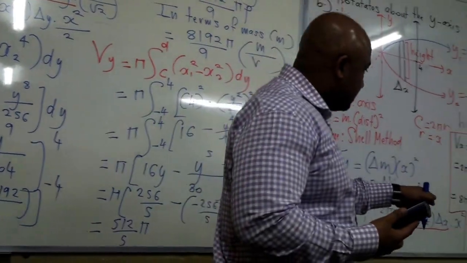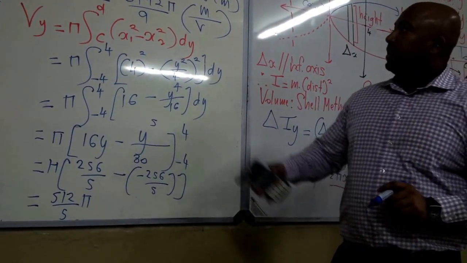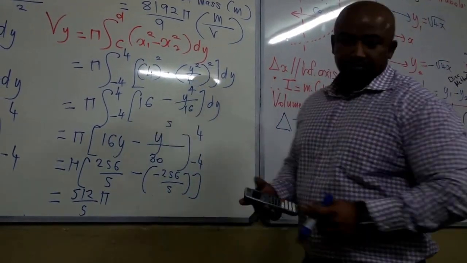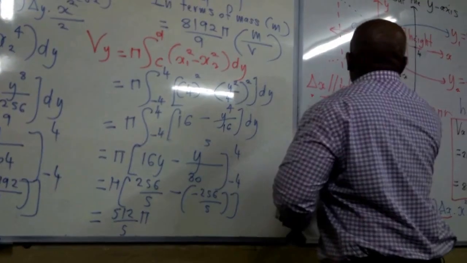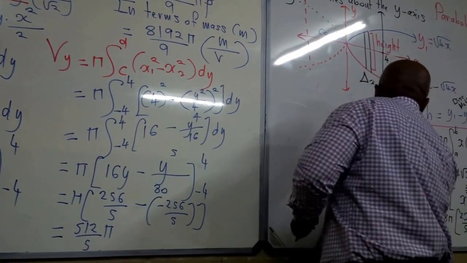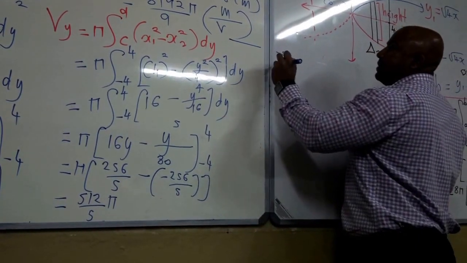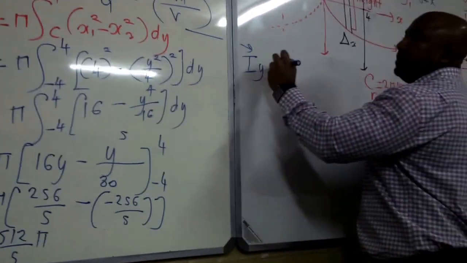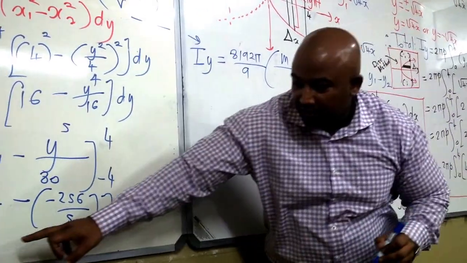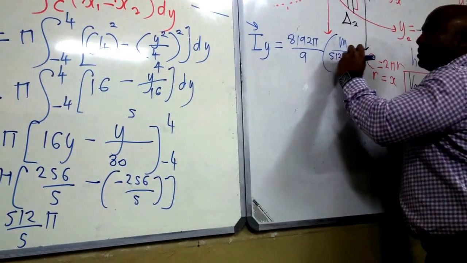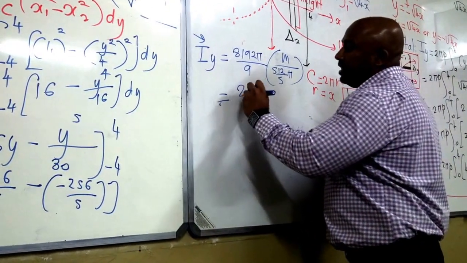Did we get it this side? Yeah, there's a check. Can you see that? Same thing, different technique. So what do we do now? We are going to substitute here. No space for substitution, let's just erase this here. Right, so from here, your I, y is equal to 8192 pi over 9 times M over V. There's our V here, which is 512 over 5 pi. You can see it's exactly the same thing there. You should get 8 comma